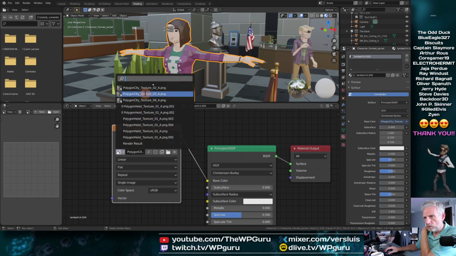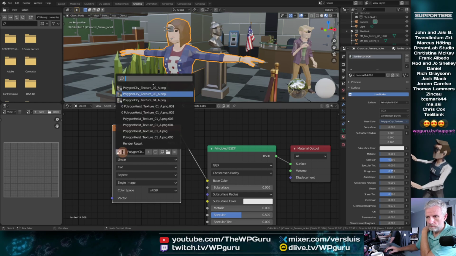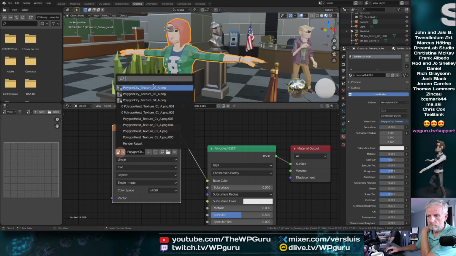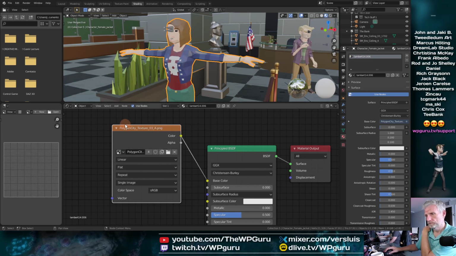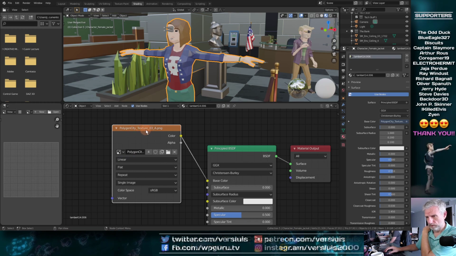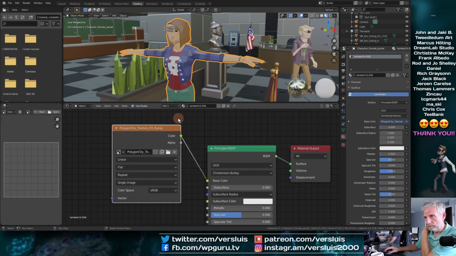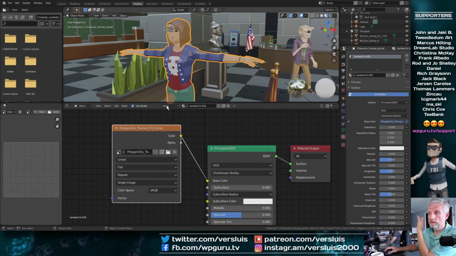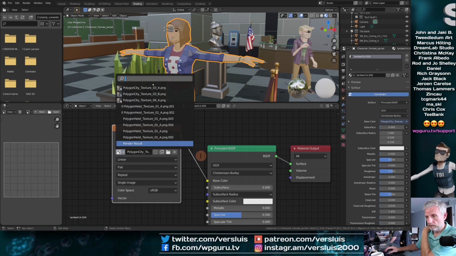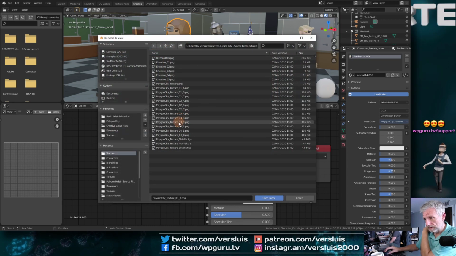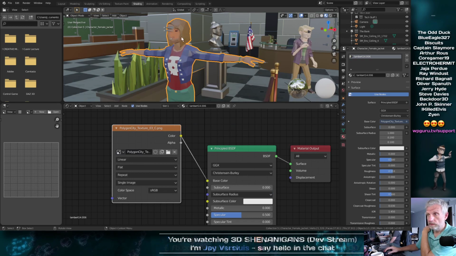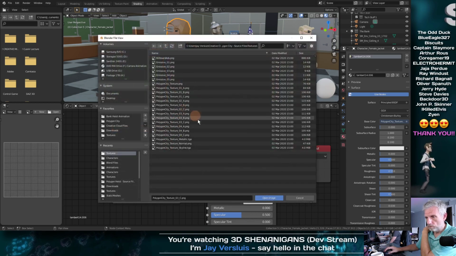I'm kind of leaning towards maybe the red, or maybe this with a different hair color. Let's see, so this is City Texture 3A. Let's try 3B. Oh yeah, that gives a slightly darker skin tone. I like that. That's good. Let's have a look at 3C. Yeah, that gives an even darker skin tone. That's nice. 3C, what else do we got?